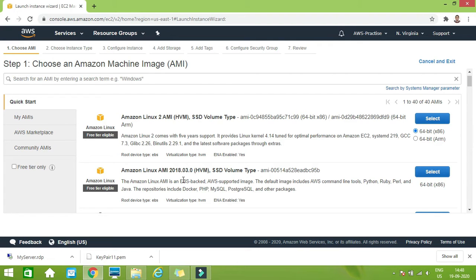So I'm going to select this one, AMI 2018.3.0. You can see the description here. It is basically a Linux machine which is provided by the EBS storage, and it will also support Python, Ruby, Perl, and Java, and it will also provide repositories for PHP, MySQL, and Postgres. So you can check all this initial information whenever you start to configure your server. So I'll select this,